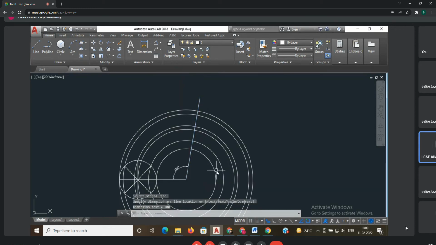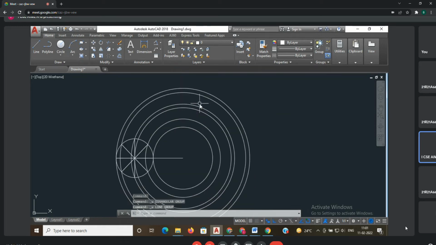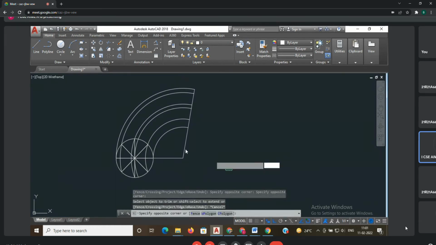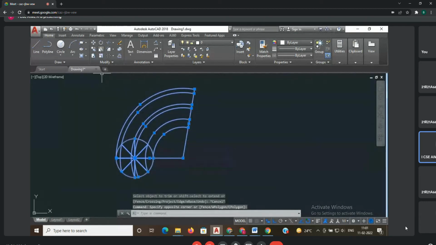Suppose you want to use the rotate command, you can use that. Select the rotate option, select the baseline, press enter, pick the base point, then go for copy and then give -100. You will get the line. You can use either the line method or the rotation method. Then after that, you have to remove unwanted arcs. Select all and remove.